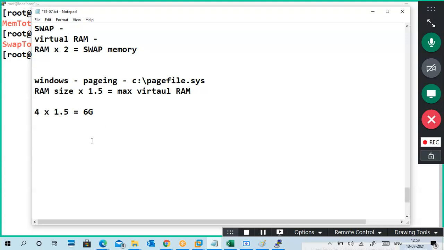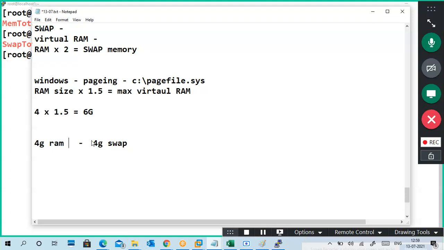Last time, what happened? I took 4 GB RAM for one of my virtual machines, and I put 4 GB swap, which I thought was more than enough space.